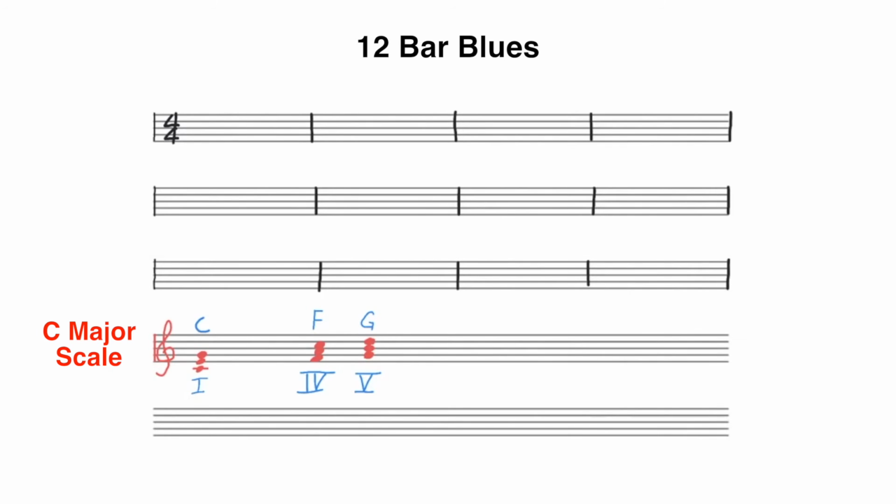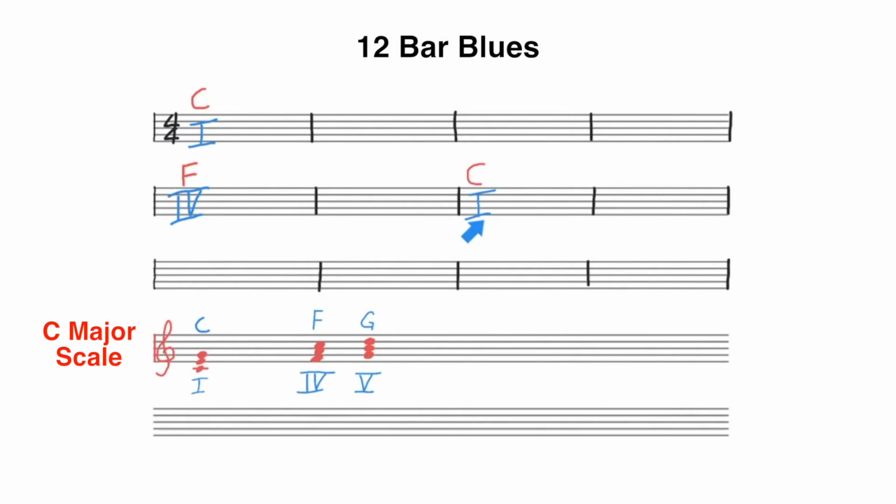The basic 12-bar blues will start with a 1 chord right at the beginning, so this is the C chord in the key of C. That 1 chord will last for 4 measures, taking us to the 5th measure at the beginning of the 2nd phrase of the music. There we hit the 4 chord, which will be an F chord in the key of C. The 4 chord lasts for 2 measures,